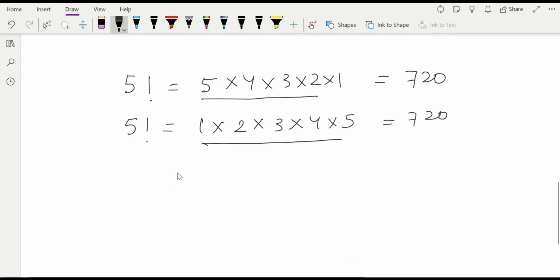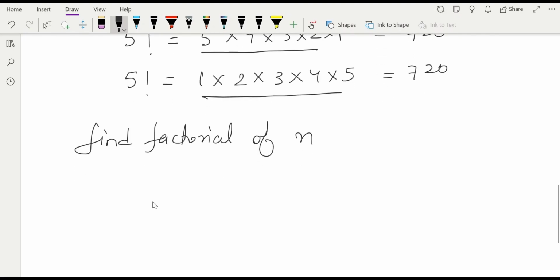in a similar way we just have to code it, and I think you might have guessed the solution for the coding part. We can simply run a loop starting from the value 1 and traverse till the number n. Suppose I have to find the factorial of n. Okay, so we can simply run a loop for i equal to 1